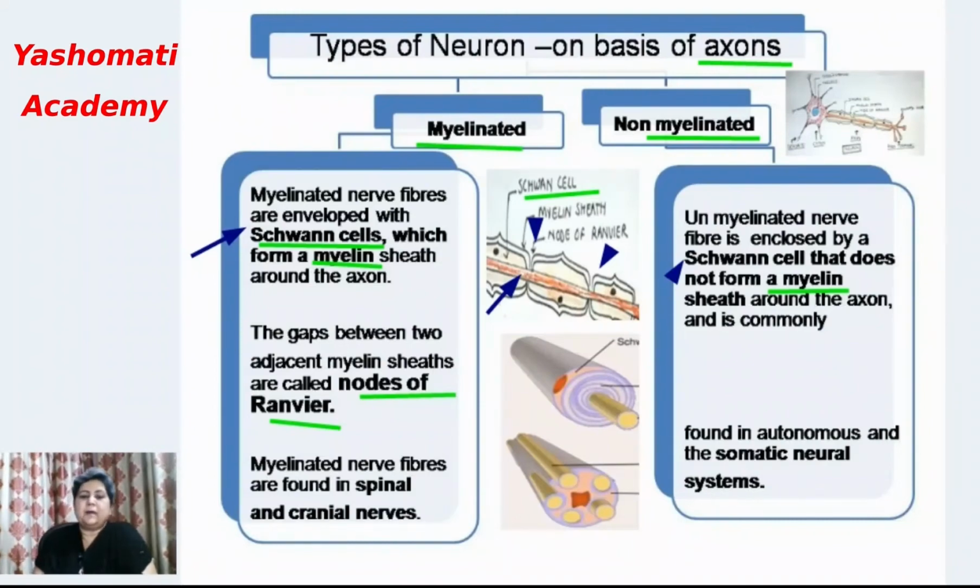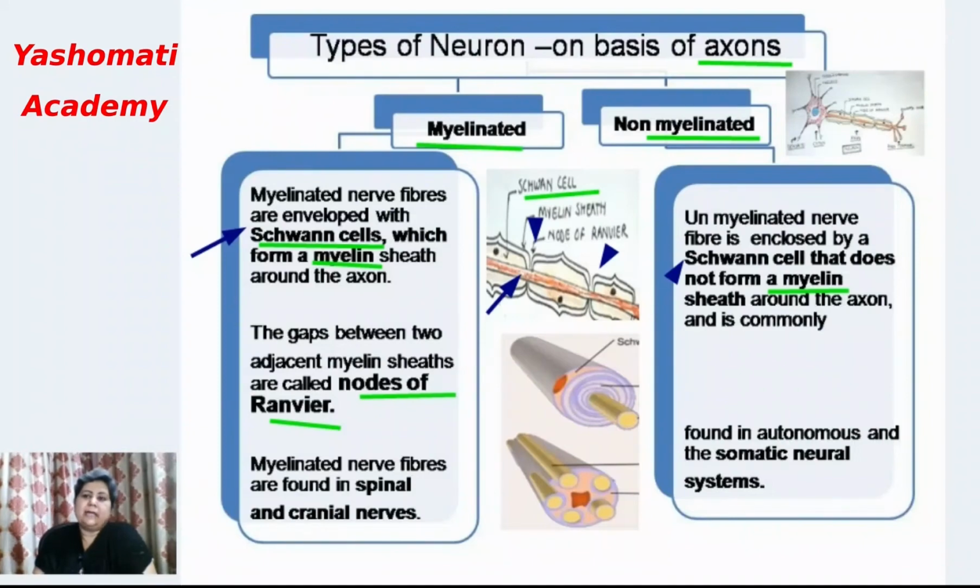As in the previous part of the lesson, we have studied that a nerve impulse is basically the difference in concentration gradient of different ions which are present inside the cell and outside the cell. And if they are covered by the myelin sheath, then these areas will not be available for exchange of ions. So that is why the way the impulse is conducted through a myelinated axon and the way it is conducted through a non-myelinated axon are different.